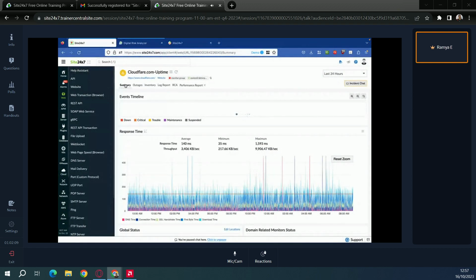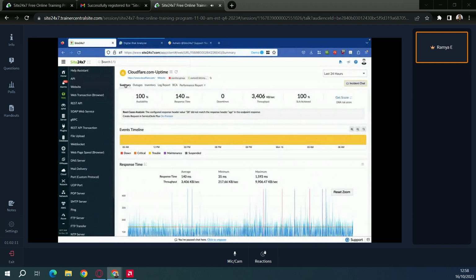What if you want to monitor more? So let's say you are running an e-commerce website, you're managing that, and some user is complaining about the slow page time. When they try to load a page, it's taking more time. So here you want to know what web page elements are loading in your website and what is taking more time. So to get a better idea, we have a monitor which is called web page speed browser monitor, where